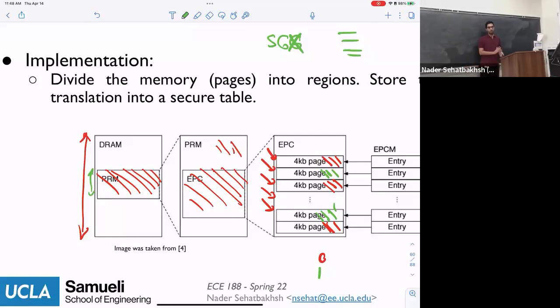But the biggest difference is that we are only working with a small ratio of the entire DRAM. In other words, the amount of memory available to your SGX is usually much smaller than your DRAM. So you cannot really run very large programs in your SGX, and you cannot have many different programs in your SGX. You're probably limited to a small number of these applications. But that's typically okay because you want to do limited things with your SGX. That's a big limitation that we're going to cover in the next slide. Are we good?